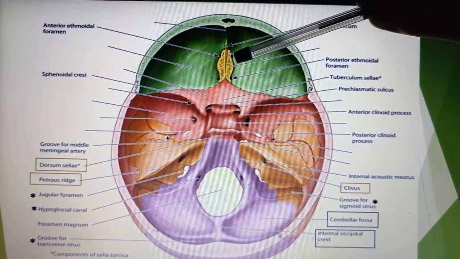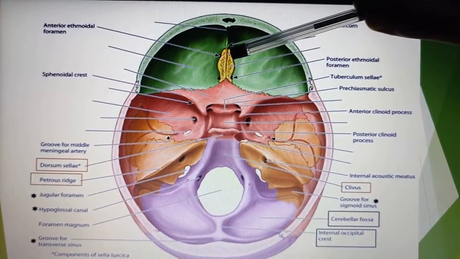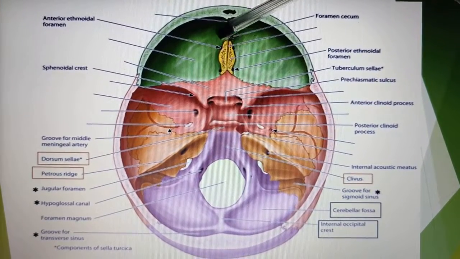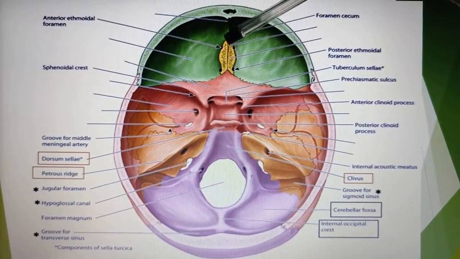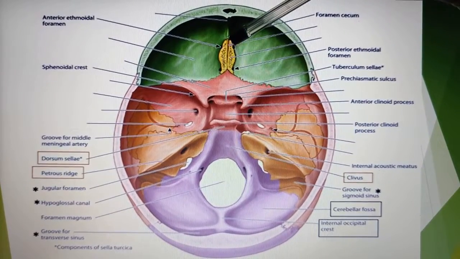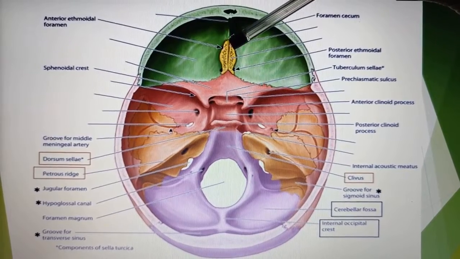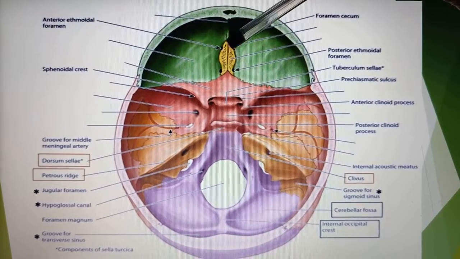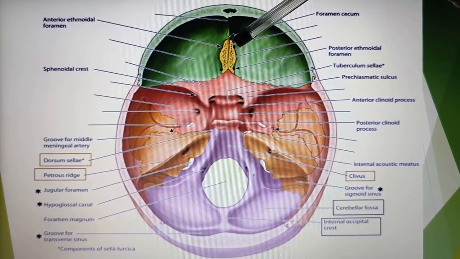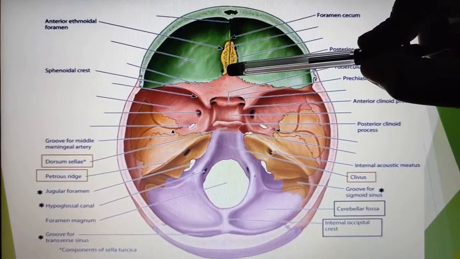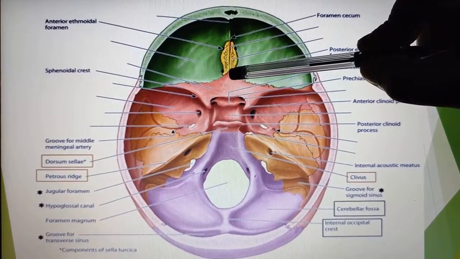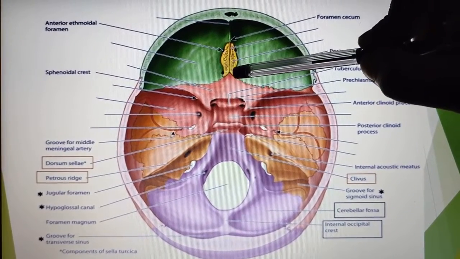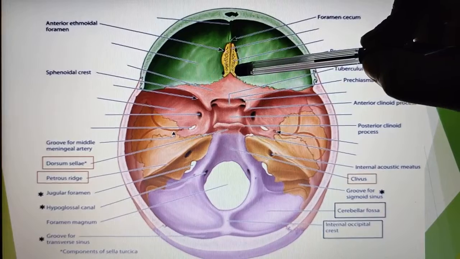If we closely observe the anterior margin of the cribriform plate of the ethmoid, we can see a foramen or canal known as the anterior ethmoidal canal, or anterior ethmoidal foramen, which transmits the anterior ethmoidal nerves and vessels. Then posterior to the cribriform plate of the ethmoid, we can see the posterior ethmoidal foramen, which transmits the posterior ethmoidal nerves and vessels. Is it clear?